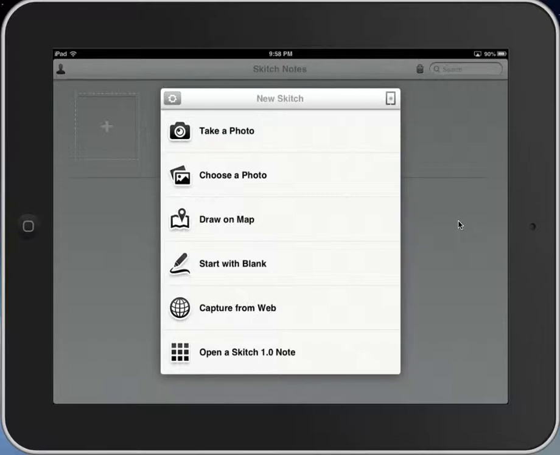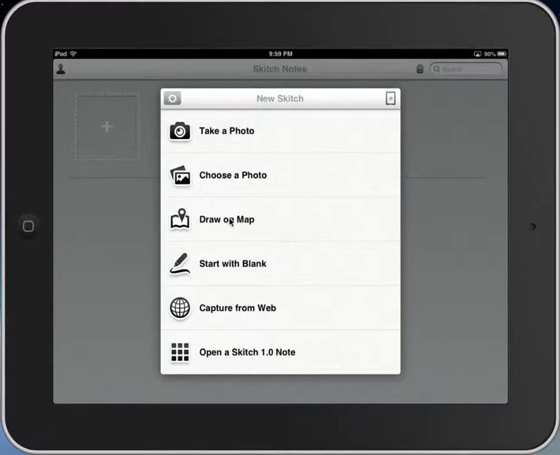So here you can see we're going to create a new Skitch, and the options are kind of multiple here. For instance, I could take a photo directly from my iPad and bring that in. Something that you might think about using as you're doing, for instance, a science experiment, or your kids are doing the process of something they're learning in class, or they're working on a math problem on paper, and they could take a photo of that. They could choose a photo, so if you've already taken the series of photos, maybe the science experiment was done yesterday, or the presentation was something they've been working on the last week. They've been taking photos all along, and now you're going to create the mock-up of those and the annotated version